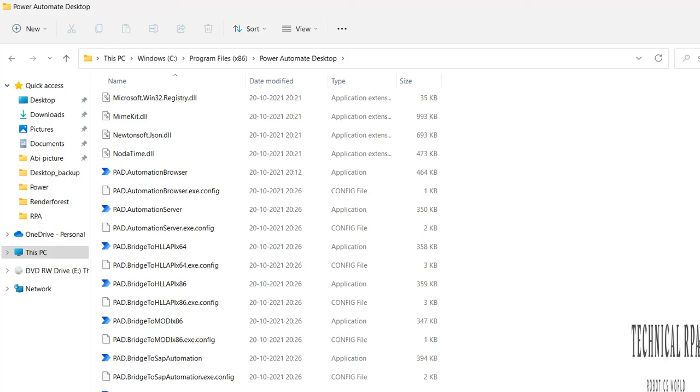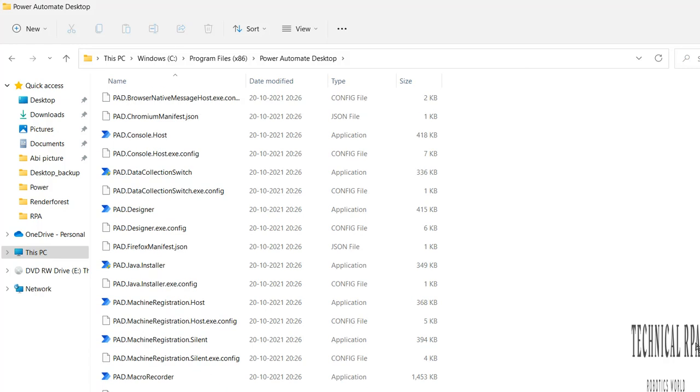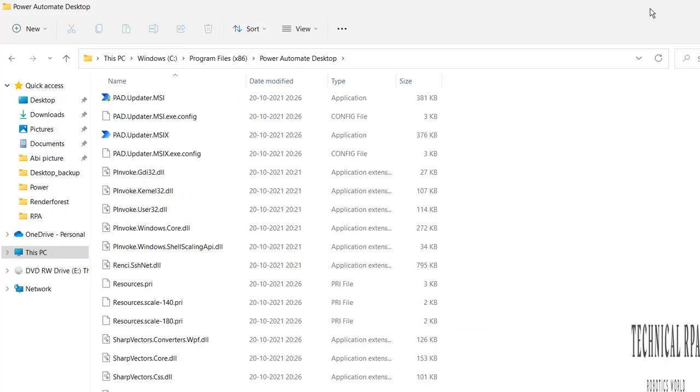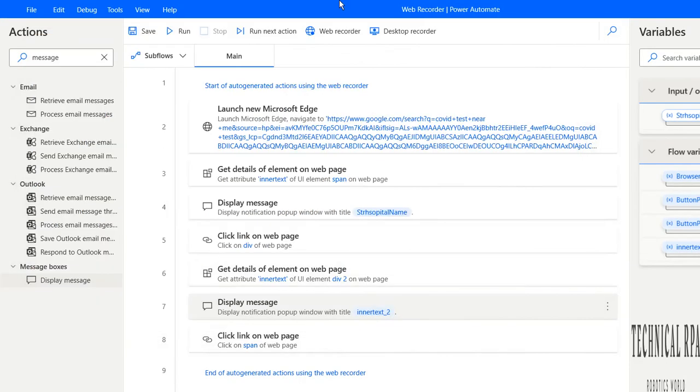Suppose you want to change some settings, maybe command settings, Windows settings, or resolution settings. These are all settings we have to change through configuration only. Many configuration files are available, and I will go through how each and every configuration works. The main purpose of Power Automate is no code, low code. Here we didn't do anything, we are just recording and it is working fine without any issues.